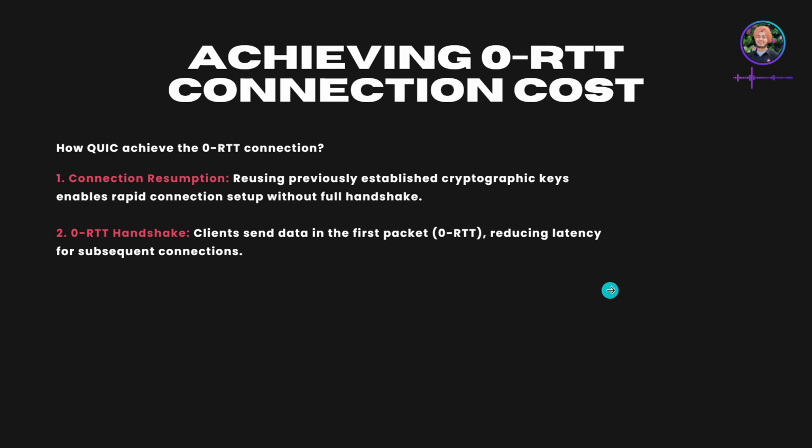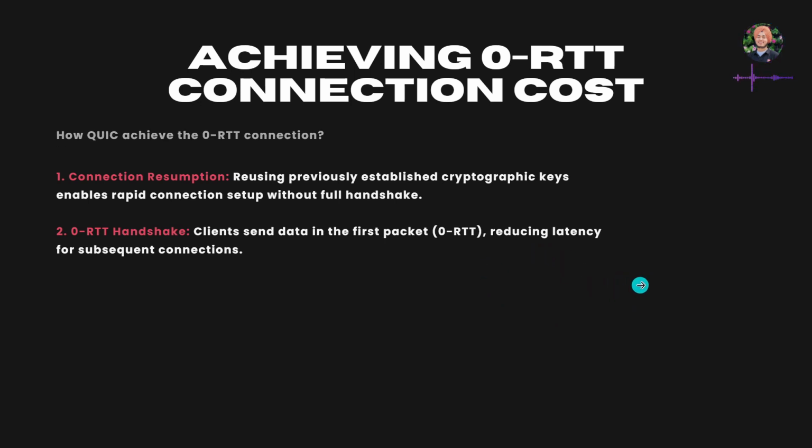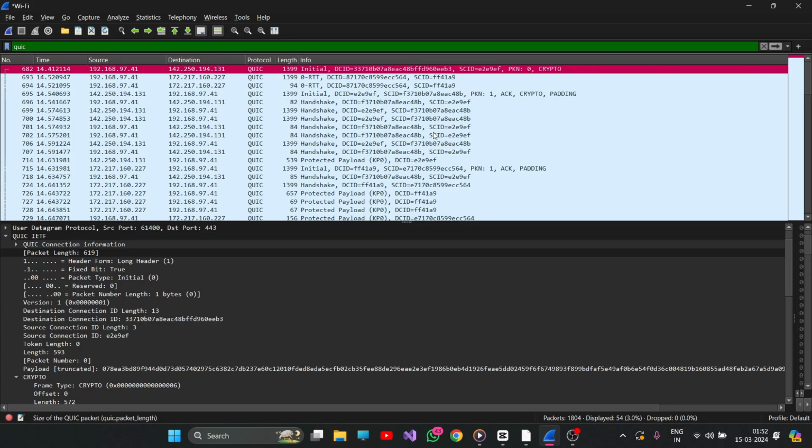Let's now look at QUIC in Wireshark. Let's analyze QUIC in Wireshark. I just opened YouTube in my Firefox. The first packet is sent from the client to the server. As you can see here, this packet is for establishing the connection. Here we can see more details about this packet. The packet length is